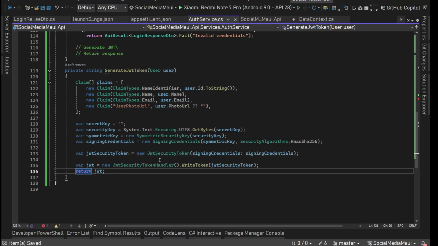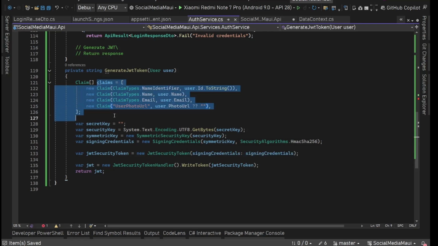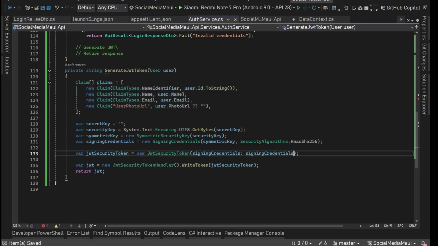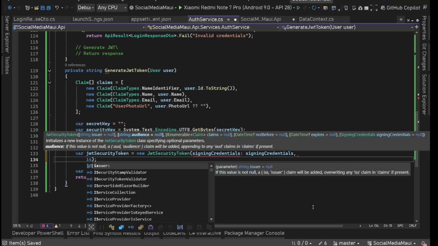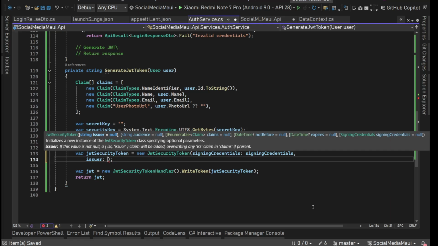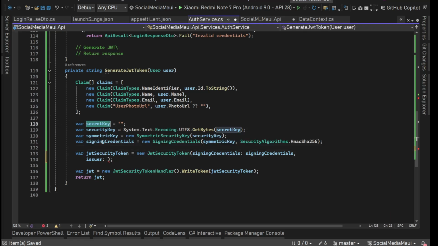Alright, right now it is just having the bare bone security key, nothing else, no data at all. No issuer or other information basically. We need to give it information. Here, after the signing credential, we have a lot of things. So we can provide issuer. All these things, security, secret key, issuer, expiration and all, we will get from the